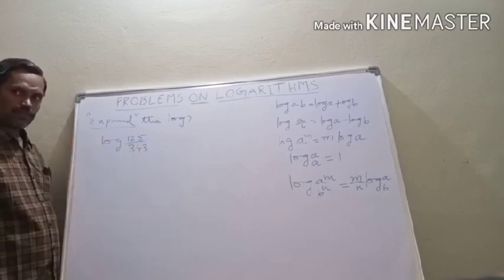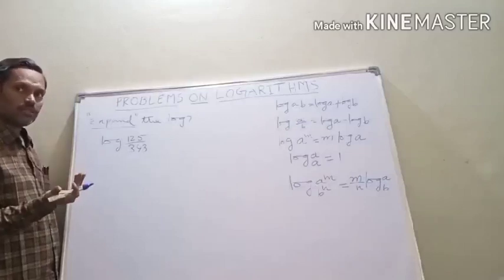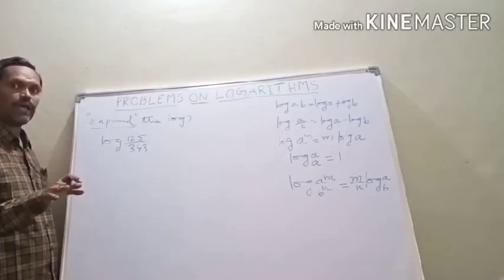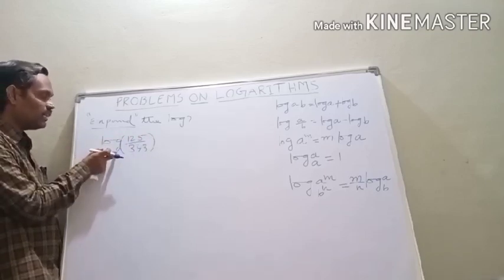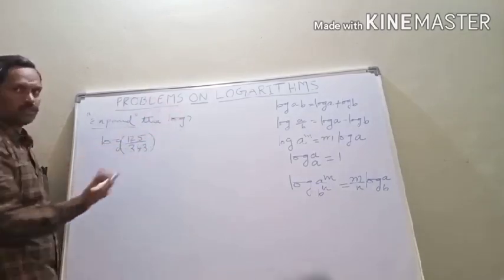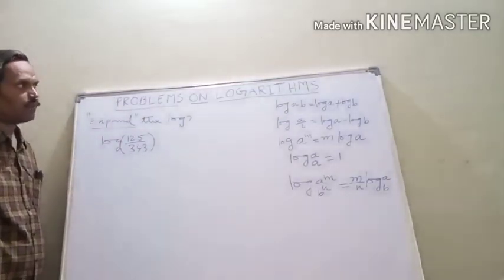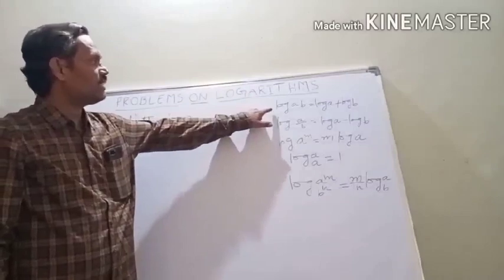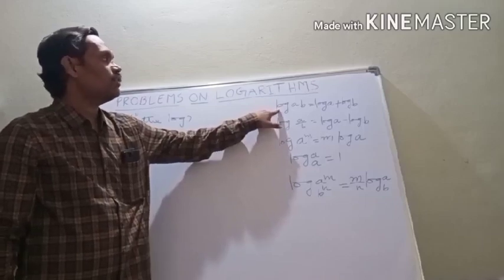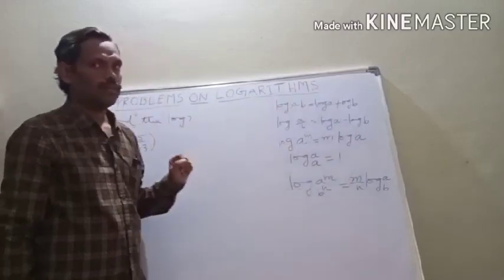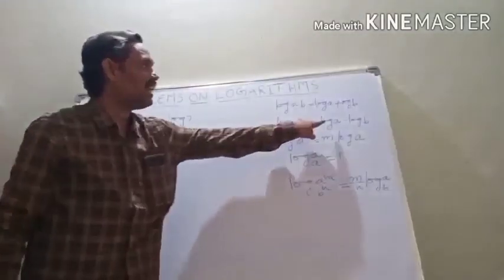Here we have a single log. So expand means this log can be split into more than 1 log. That means 2 logs or 3 logs, 4 logs according to the problem. Now my intention is to make this single log into many logs. If you go through that formula, in which formula can we change a single log into more logs? In formula 1 you have a single log in LHS, so this single log can be divided into 2 logs. In the second formula also we have a single log in LHS, this single log can be expressed as 2 logs.